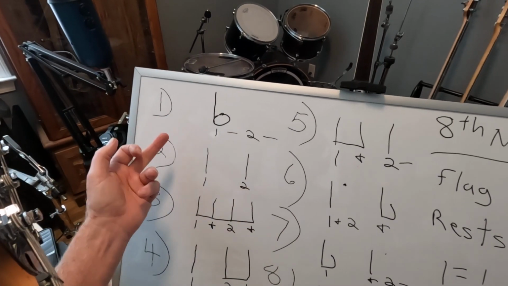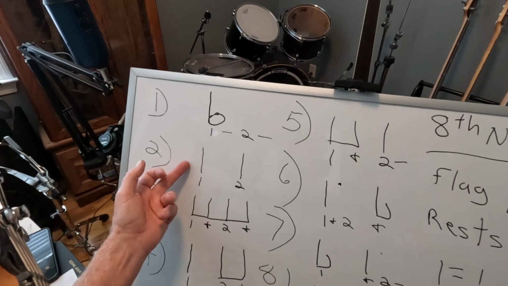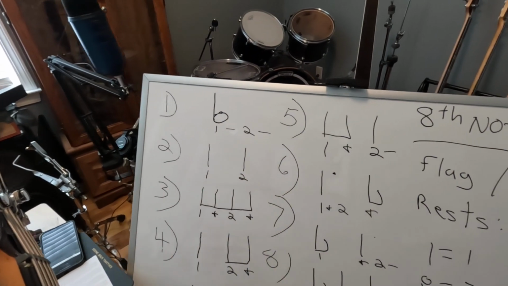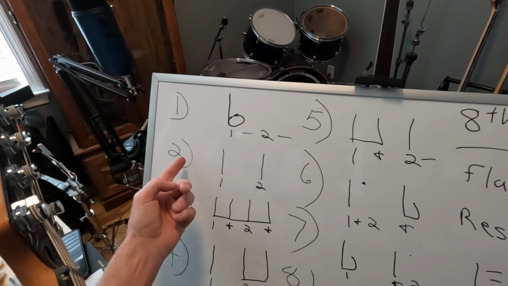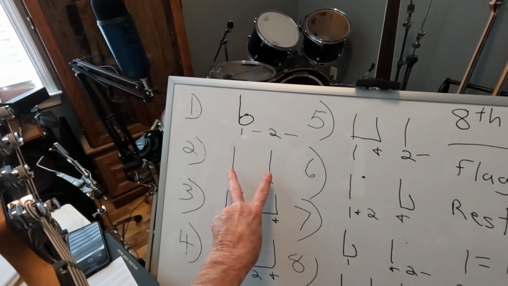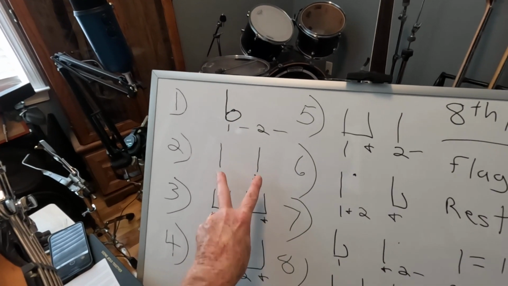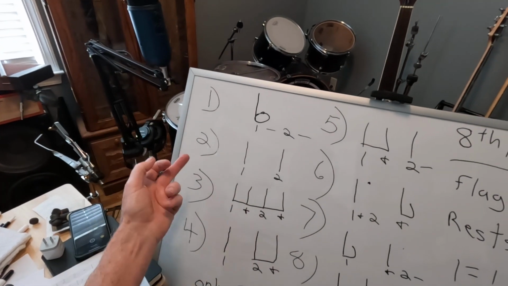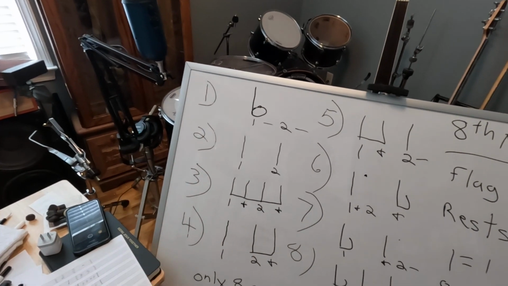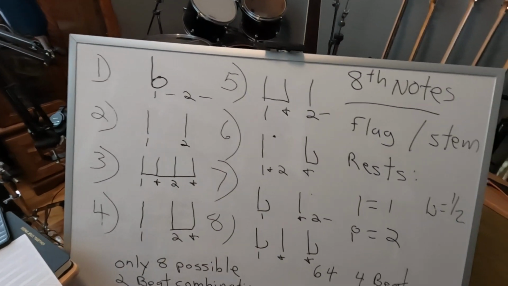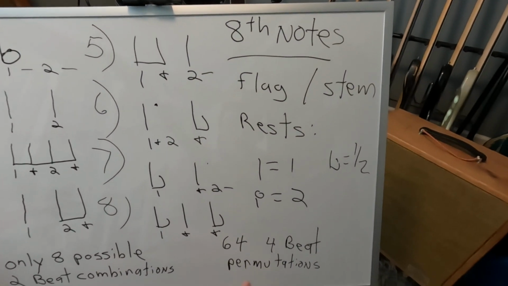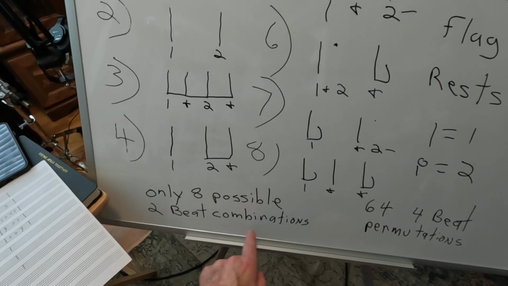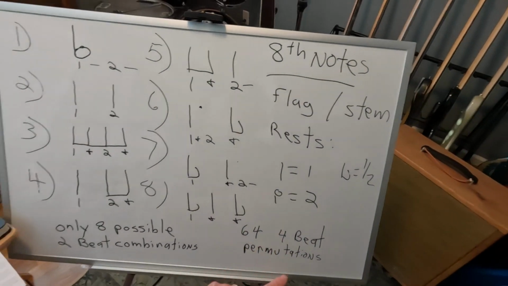Or you could combine number 1 with number 2, a half note and 2 quarter notes. So you'd be able to put number 1 with any of these combinations, and that'd be 8. Then you put number 2 with any of these combinations. So when you put it all together, 8 times 8, you got 64 possible 4-beat permutations or combinations. And there's only 8 possible 2-beat combinations. And then when you add the rest in there,